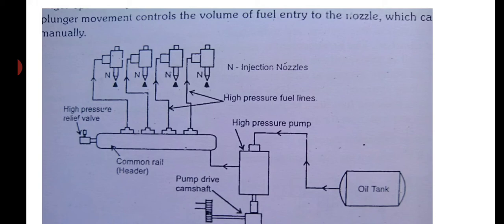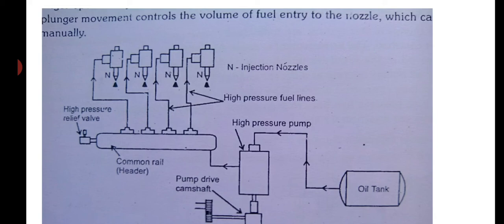Now, because of this high pressure, the size of the fuel droplet is very small. So it has more surface and less volume, so the combustion is better. That is one very important thing. And the second thing is that it has a common rail. Earlier, when we discussed the pump injection system, we had a different pump for each cylinder. So it may happen that one pump malfunctions, or one pump gives less pressure and another gives more pressure, or one pump supplies less fuel and another supplies more. These pressure and metering problems were there.